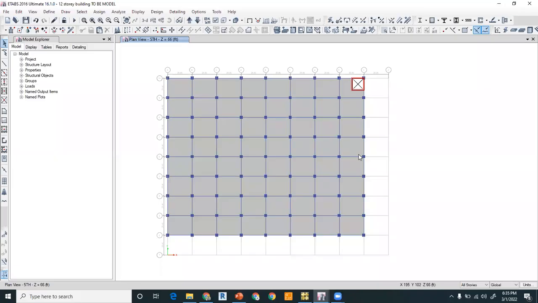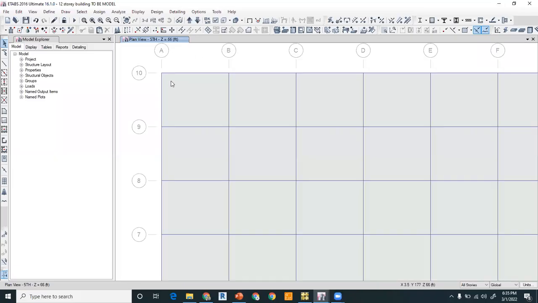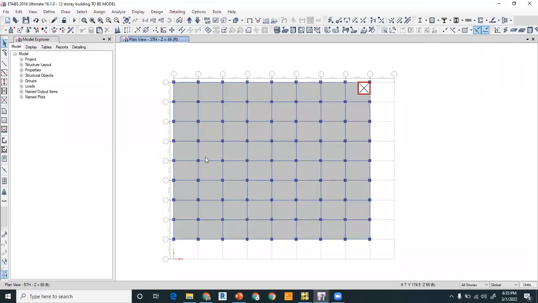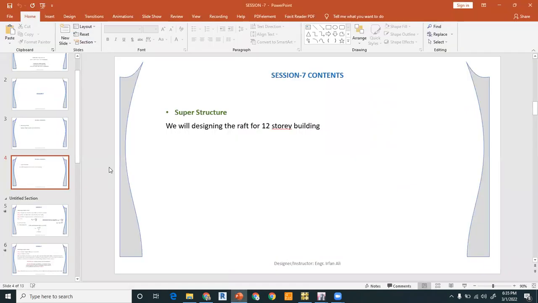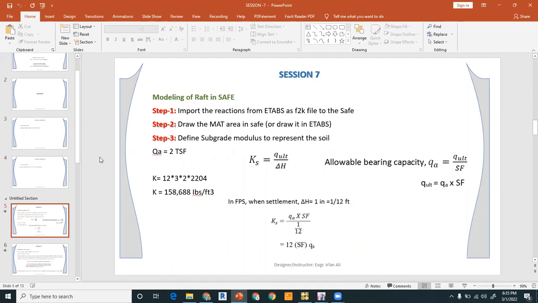So I have taken this typical grid, which is 25 cross 20, which is normally what we get from the architects. Right, so you have to design the superstructure, and then for the raft you have to again draw the slab at the base, and all of this procedure which we have done in the past we have to follow. Right, so we have selected this 12-story commercial building, and this is the stepwise procedure for the design and modeling